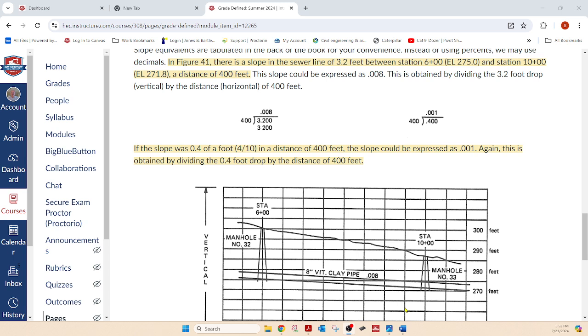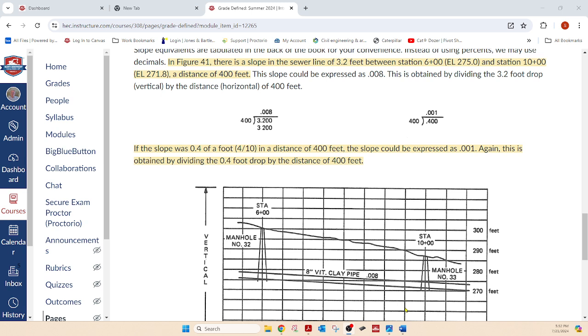So 5 divided by 400 equals. See, that puts it at 0.012, which is 0.0125, which is